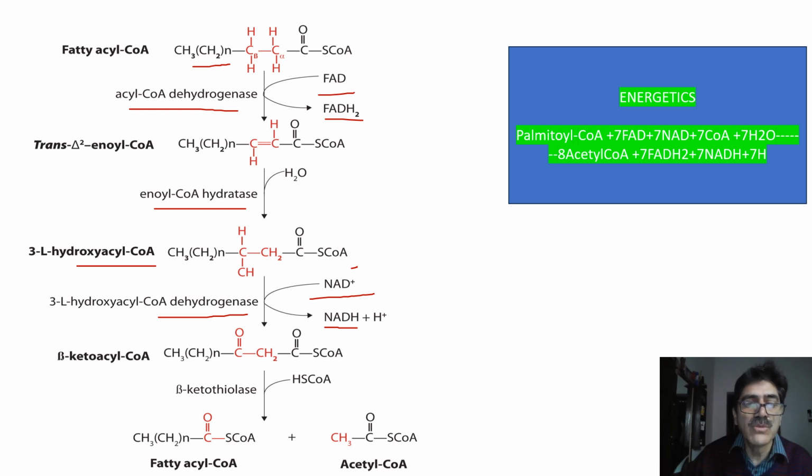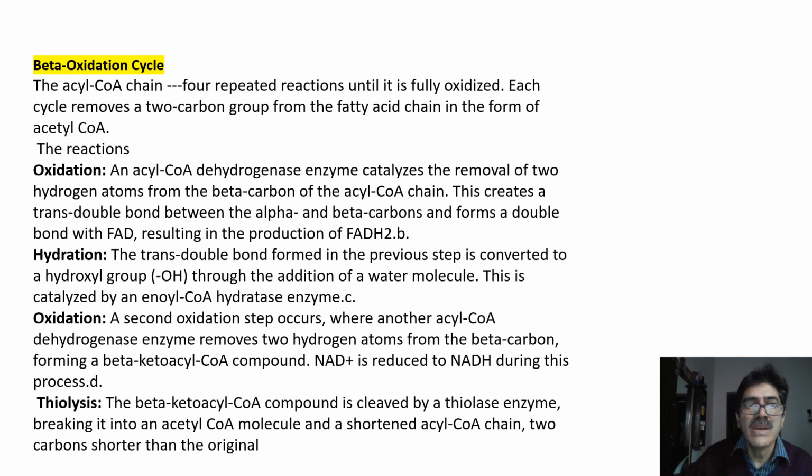Now we have to break it. Under the influence of enzyme beta ketothiolase, thiolysis takes place. We get fatty acyl coenzyme A and acetyl coenzyme A. So we started with fatty acid, palmitic acid. It is shortened by 2 carbon units, that is released in the form of acetyl coenzyme A, and the next cycle would start. So this is oxidation reaction, hydration reaction, oxidation reaction, thiolysis reaction, as we said just now in the previous